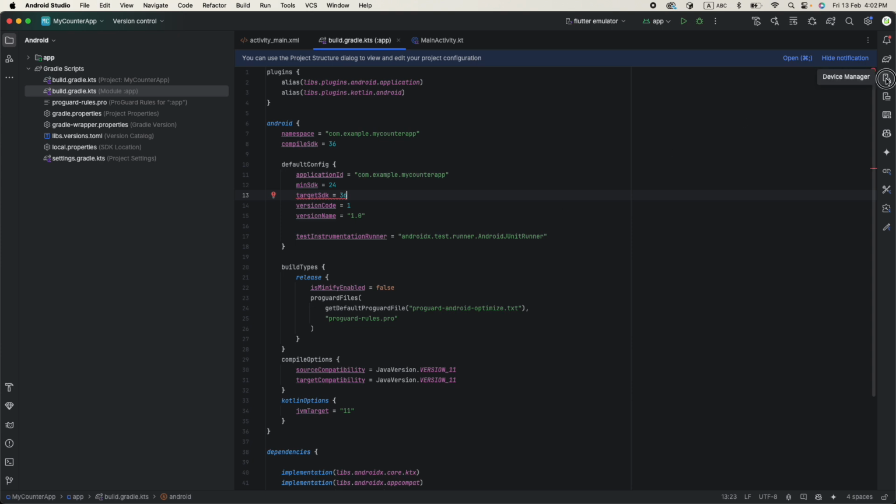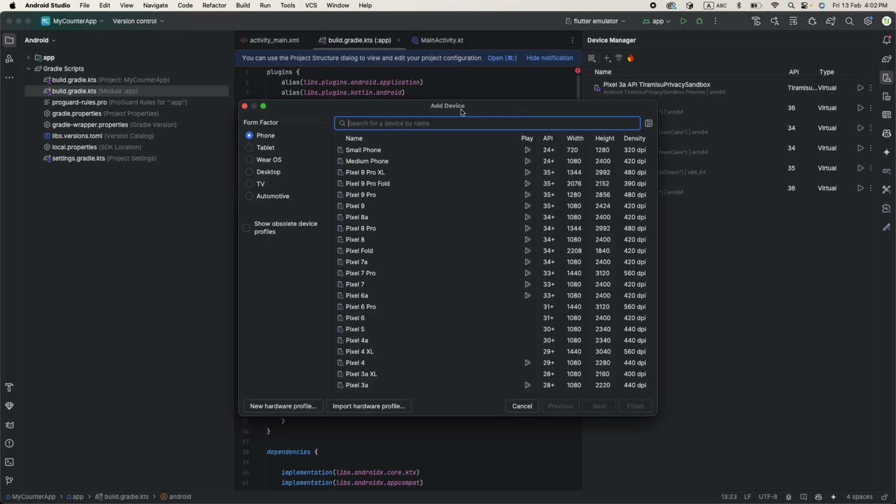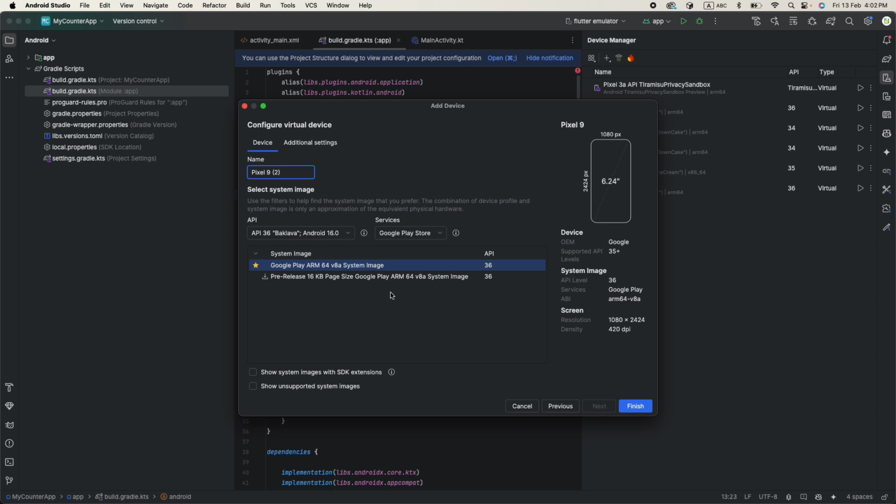So let's go to our device manager and open our emulator. In my case, I will be choosing the Pixel 6 API 34. If you don't see any of these emulators, you can simply click on the plus button, create virtual device, go to the devices and choose your device. If you choose one with the play icon, it means it's supported by the Google Play Store,